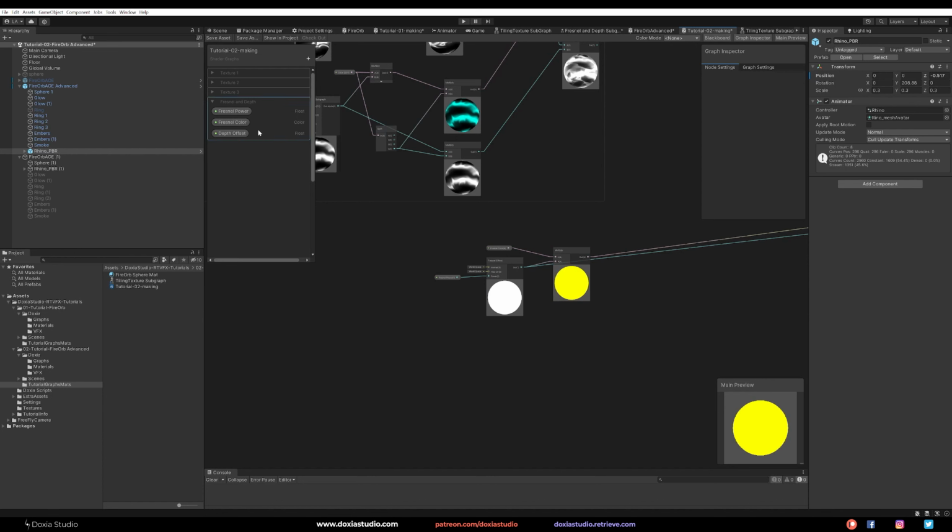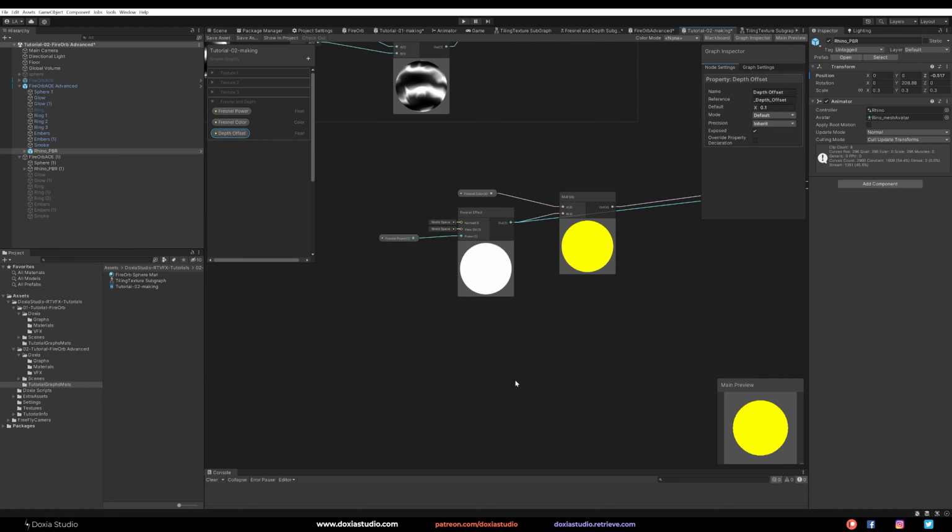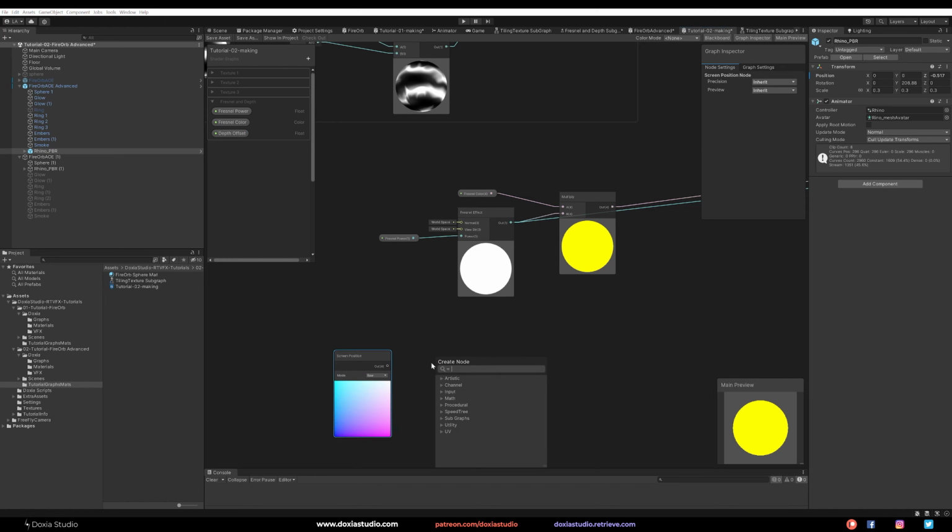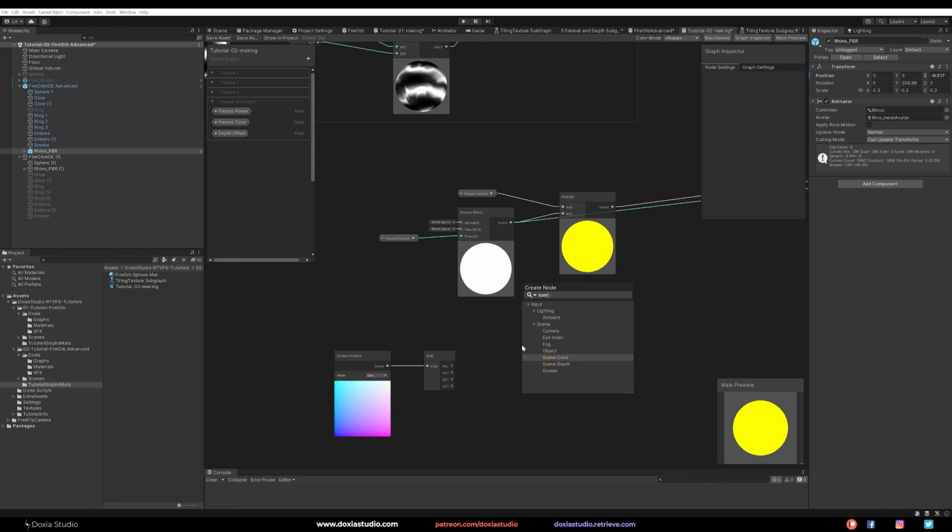Okay, so I've created a depth offset float, okay, with 0.1, just simple, so I can explain better what we are doing. For this one, we need the screen position, so we know where our effect is, and the mode needs to be raw, okay. We need to split this to use the alpha channel. And for this effect, we need the scene depth. And for the sampling, we need to use the eye, because it depends where we are looking, depending on the camera or the game view. Okay, that's really important.